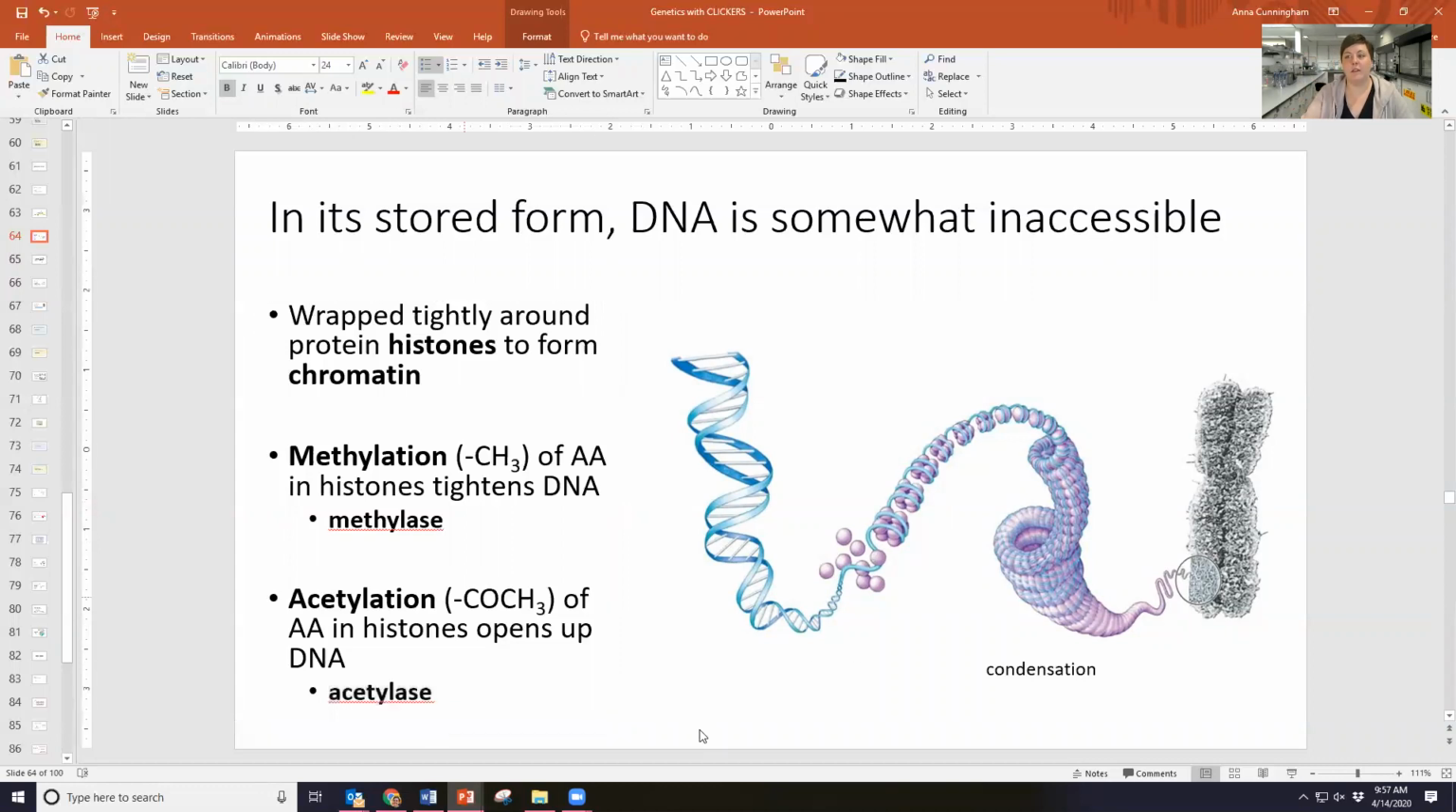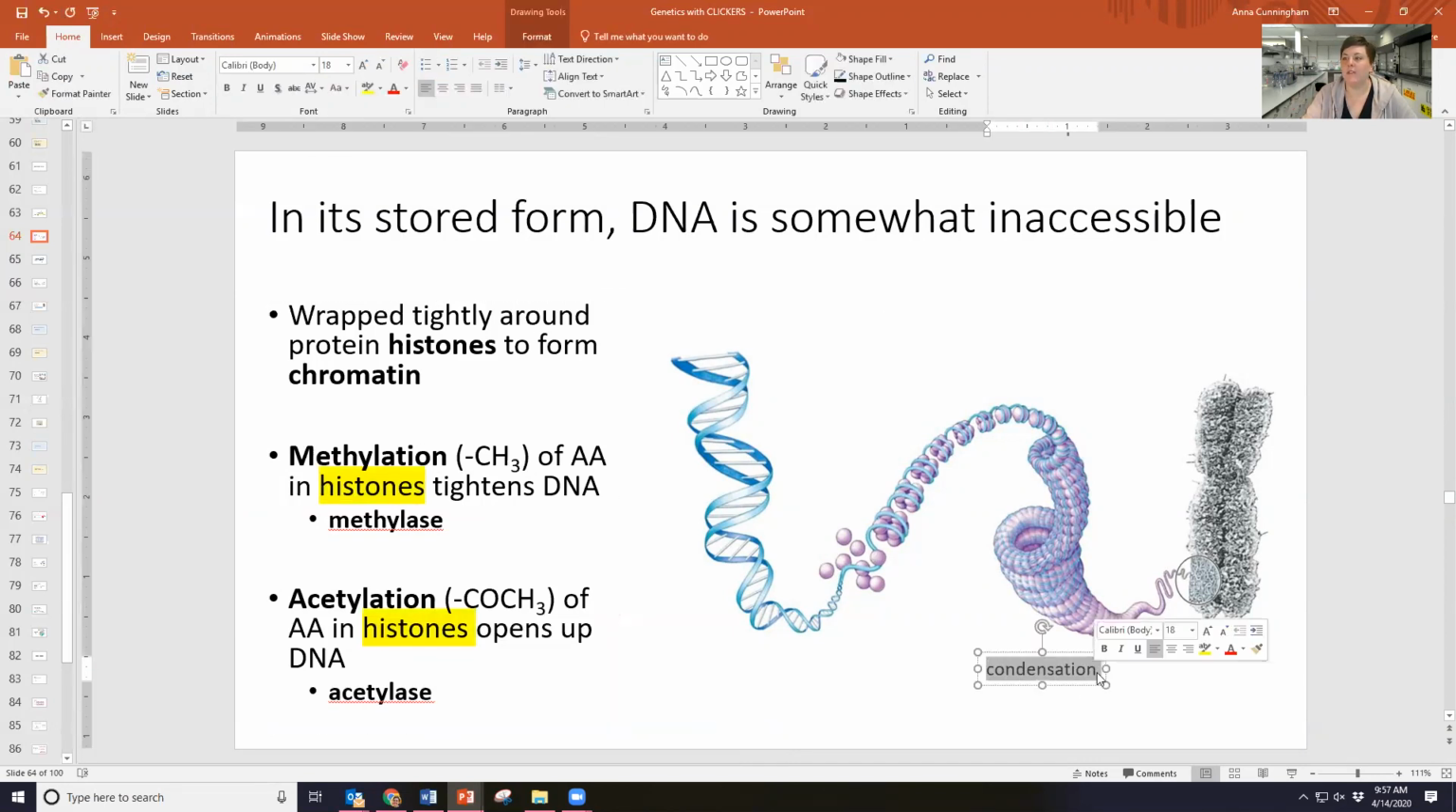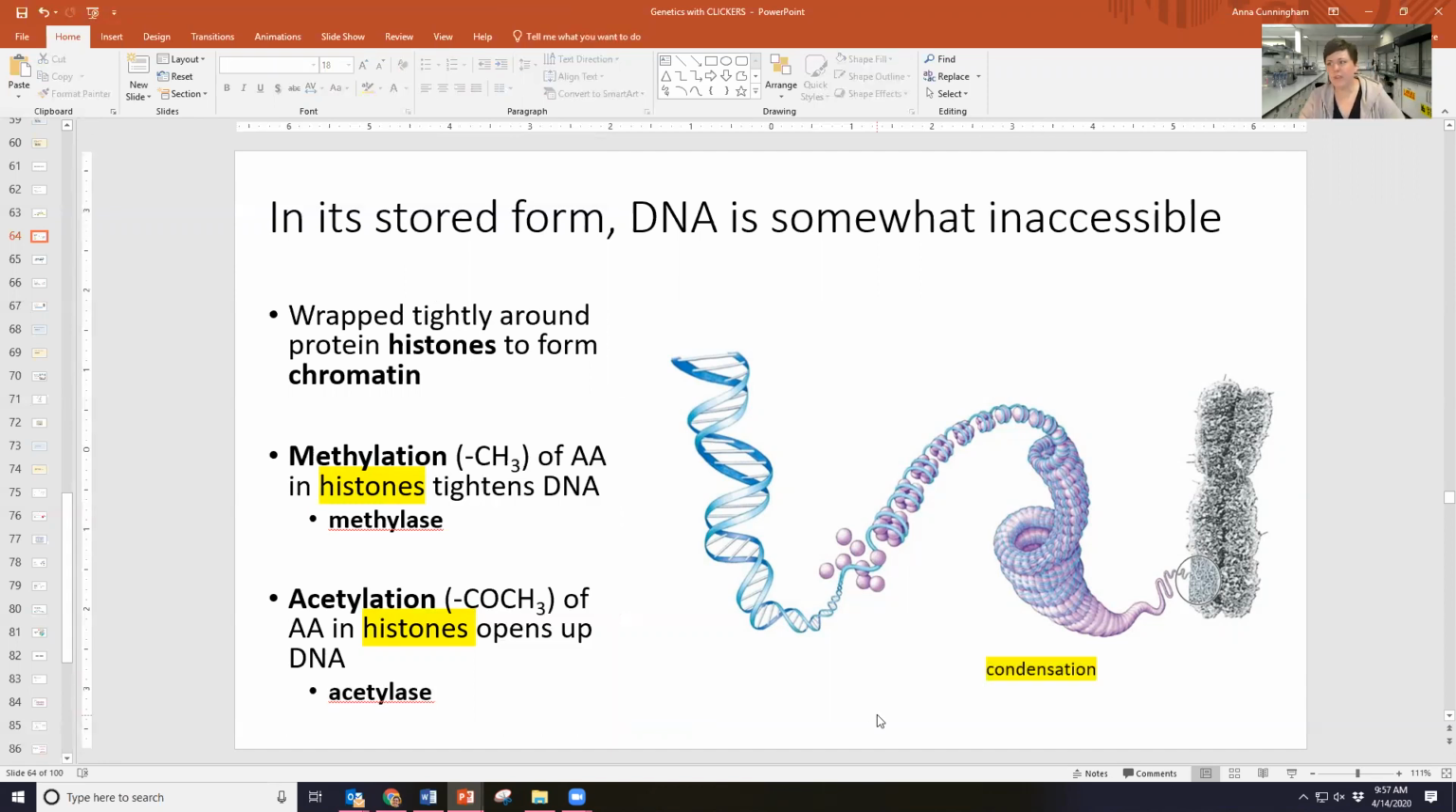We will talk later again about another type of methylation. That's why I'm specifying this. We will talk again about another type of methylation, because you can methylate a lot. It's pretty easy. But this type of methylation, when you're methylating specifically those histones, is what allows DNA to either